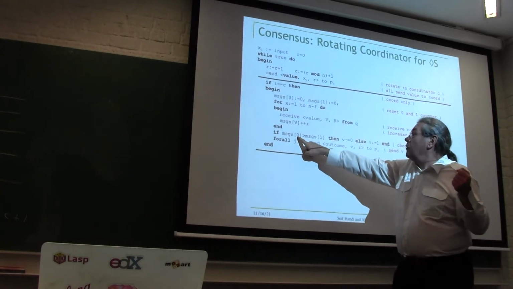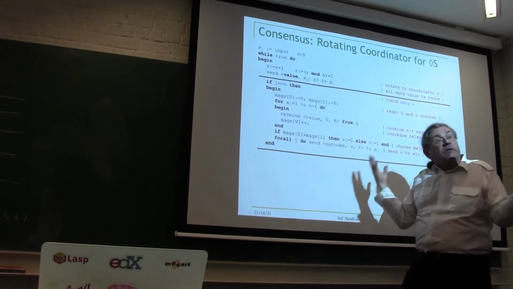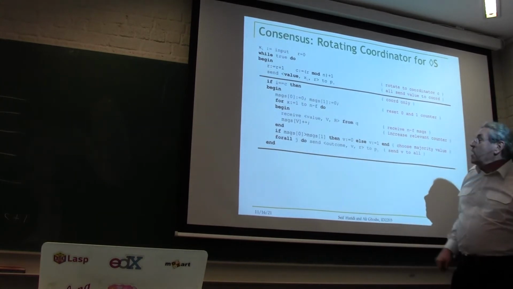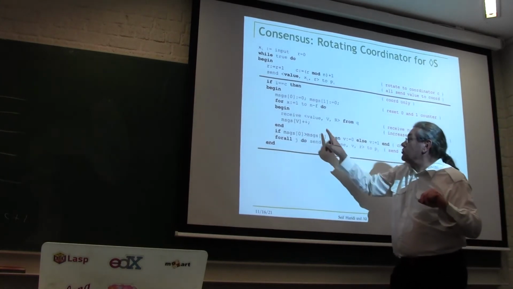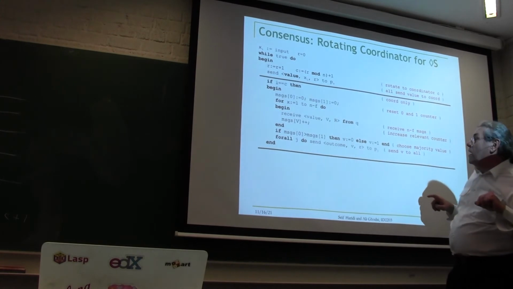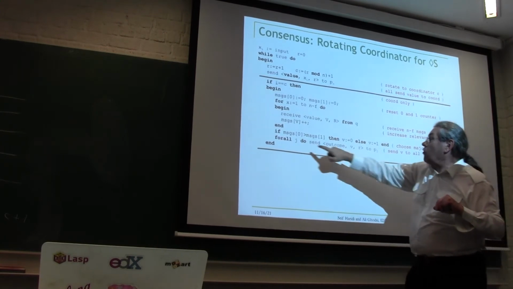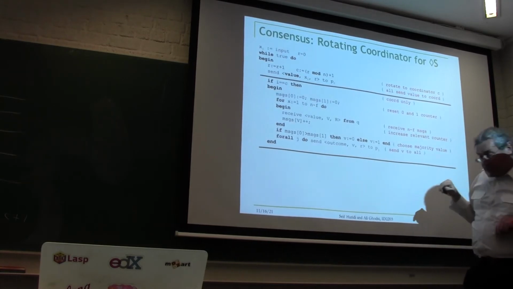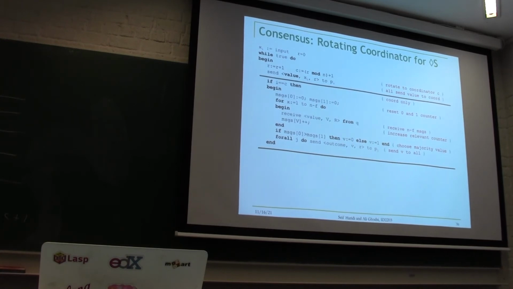If the number of zeros is greater than the number of ones, then the coordinator will decide on 0. It's going to pick the majority here. Otherwise, it will pick 1. If they're equal, it doesn't really matter. Then it will send that majority to everybody, for all j from 1 to n: send v to all. So you see, it's only receiving n minus f messages, but it's actually sending to n.